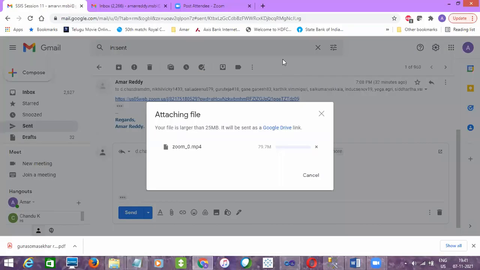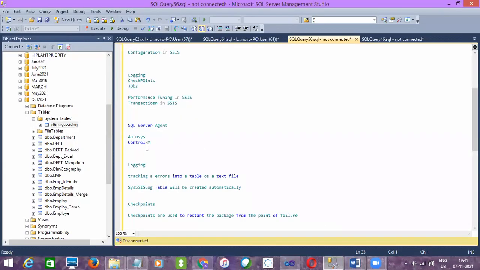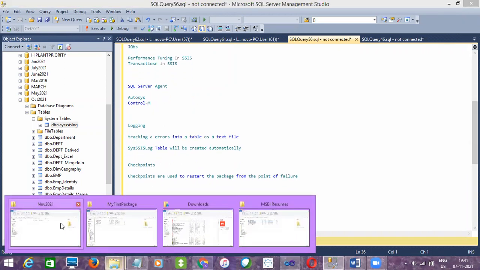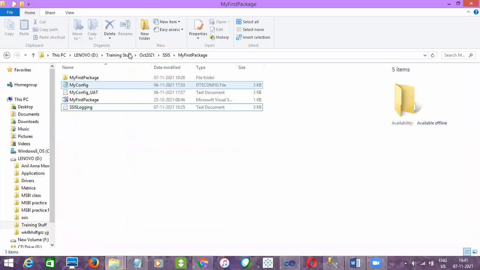Amar, at the end of our training, is there any practical or project oriented training? No project oriented training, I don't think so, but I'll give you an overall task which will cover all of SQL, SSIS, and SSRS. If you can finish that, you'll get the hands-on experience. Since you asked, maybe I can give you one scenario, guys, for all of you. Since we have time, I'll explain one scenario. Maybe you can try it.